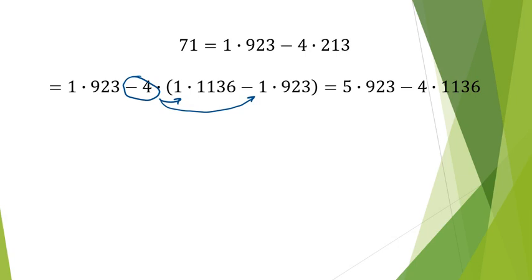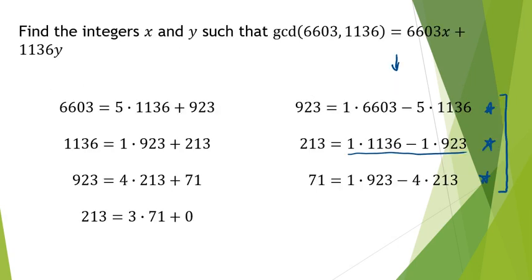And then we have the negative 4 1,136s. So now we have our GCD in terms of 923 and 1,136. We're very, very close. We want our GCD in terms of 1,136 and 6,603. So I'll go back to our remainders here. We have 923 in terms of 6,603 and 1,136. So I'm going to make the substitution here